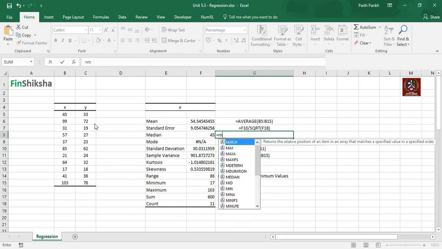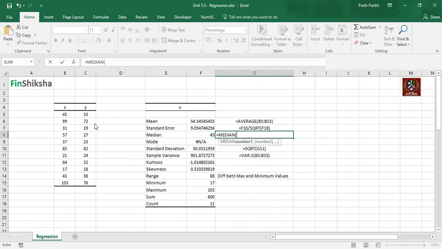Median, we have a direct formula. Median is basically used to remove the effect of a high or low, an outlier value. Okay, I will take an example over here, but before that, median directly has a formula. You can select this and it will give you the output. I will convert this into a number format or a specific format. Median basically is derived by arranging the numbers in ascending or descending order and then finding the central value.